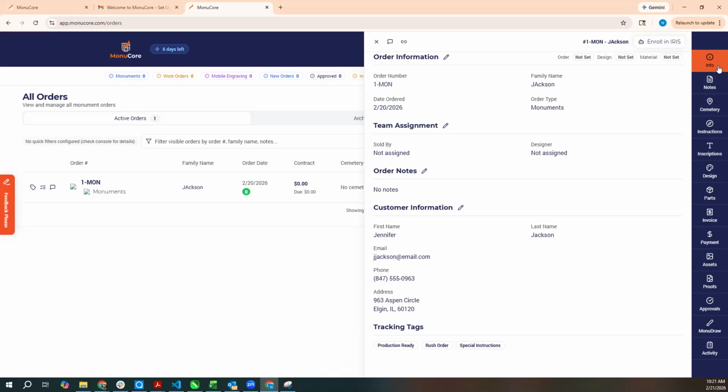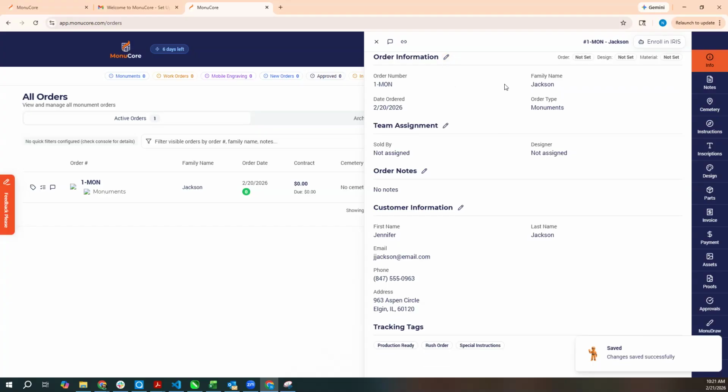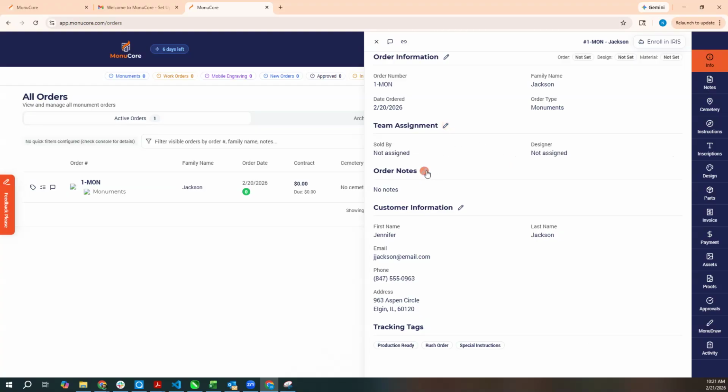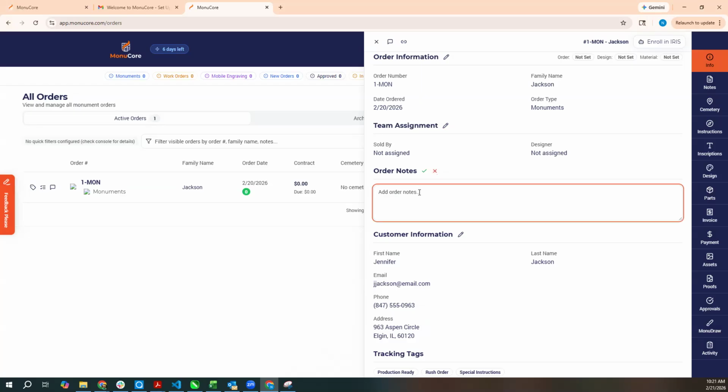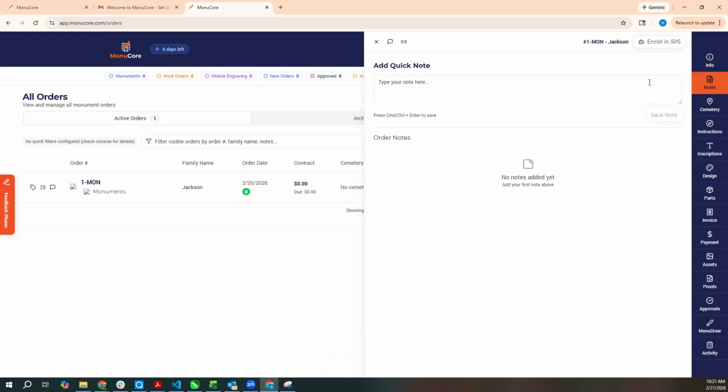So this one is the info tab, and we're going to correct the spelling on Jackson. And in the detail drawer, when you're making edits, be sure and commit your edits with the checkbox. Team assignment, we don't have a sold by or a designer yet. We'll get into that in a minute. Here we can make some notes about the order itself. And we've got the customer, so we can go on to